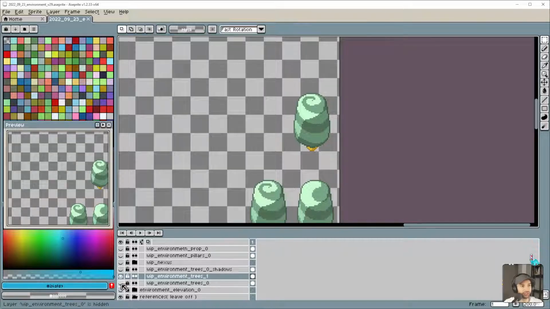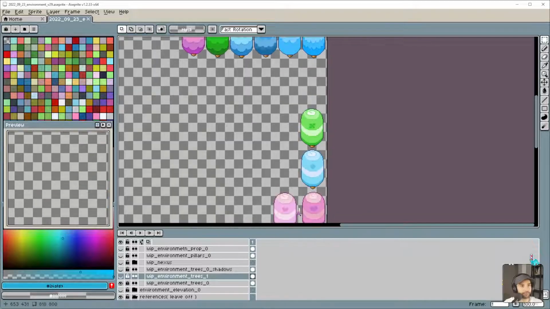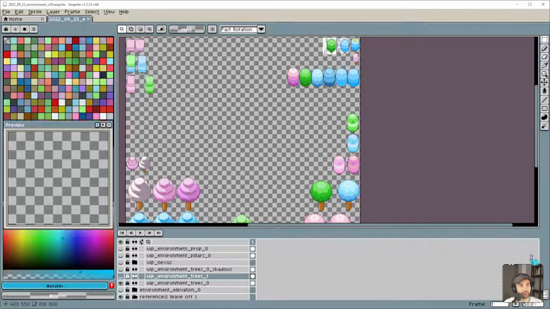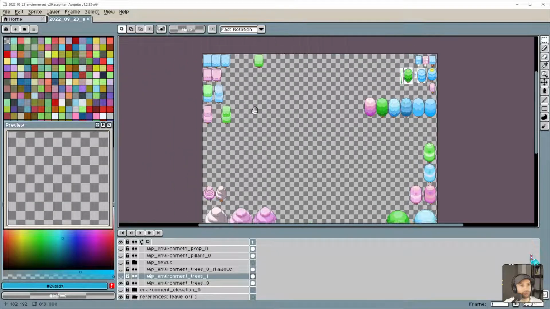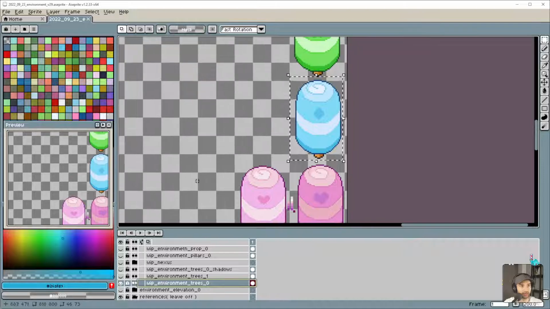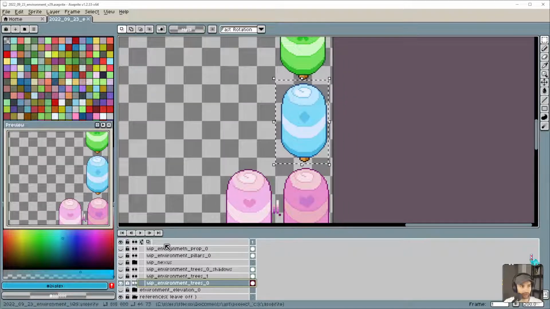Let's go to our trees. I want, probably this one has the most range of colors. Yeah, so I want this one because it's got some nice soft blue colors. So we will make sure to select the right layer. Okay, so we'll grab that one,